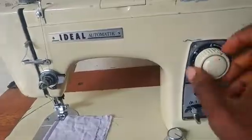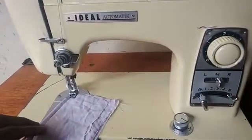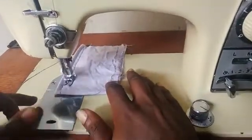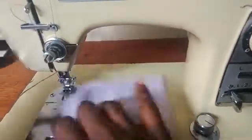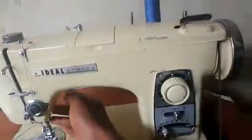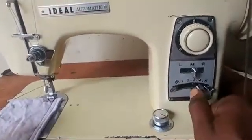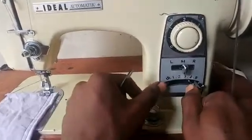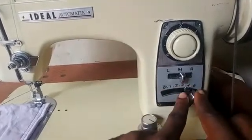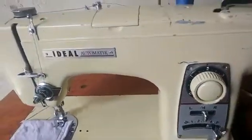Okay, so I'll just reduce the stitch length to a number 2 now, and I sew through. Okay, so that's a much tinier stitch. Now if you want to do the zigzag, like I told you, it does a zigzag stitch. So what you do, you just move this lever. I'm using the 5, which is the highest position, and I pull this thing down to hold it at that position. So you have to use this to pin it down to the number 5 position. I'm maintaining the stitch length 2, so when I sew through now,